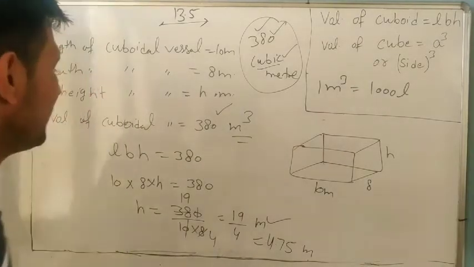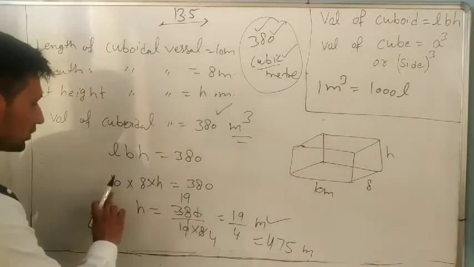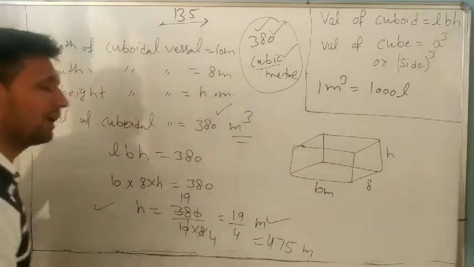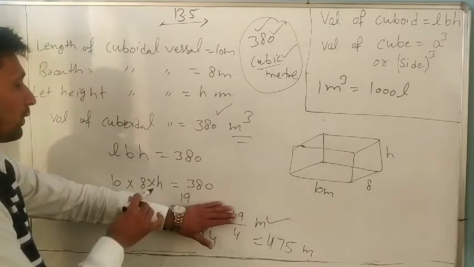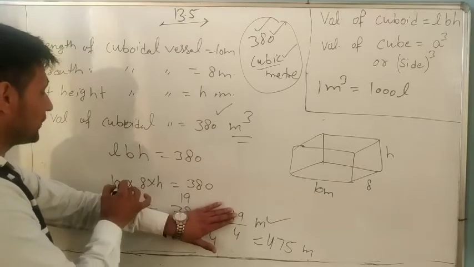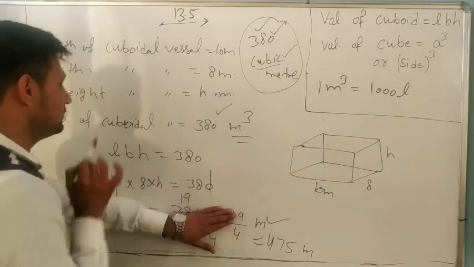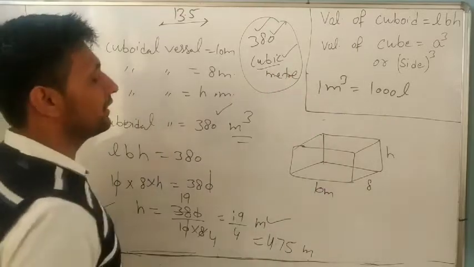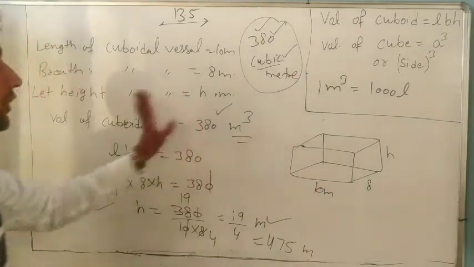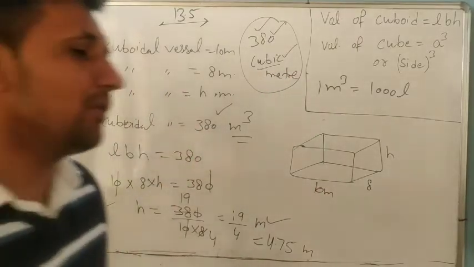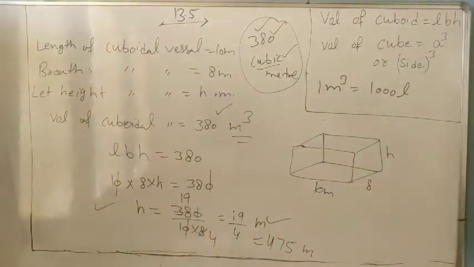Understand it? Because multiplication on one side becomes divide on the other side, you can cut directly also whenever the equal sign is given. You can cut like this, 0 cut by 0, because 10 and 8 are divided. So it is your answer. Always remember, whenever the volume is given in the question, we put it equal to the volume formula.